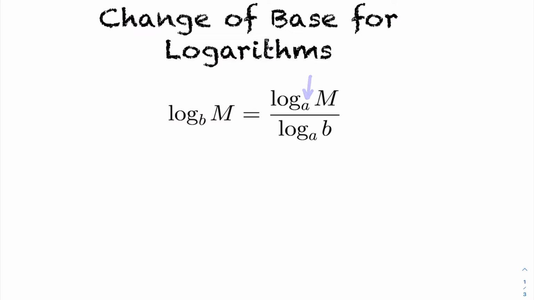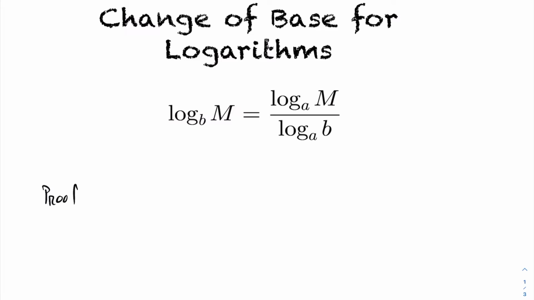In this case, I was in a base of b, and I wanted to go to a base of a. So the change of base formula becomes log of the base I want of the top value, i.e. your input, your m value, divided by log of the base I want of the bottom. By doing so, you can always change the base to anything that you want. To look at a proof of this,